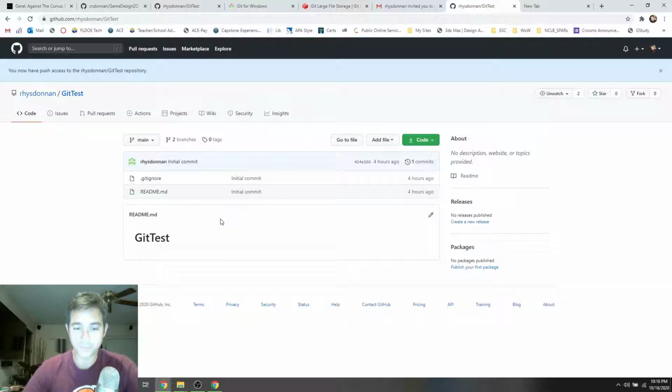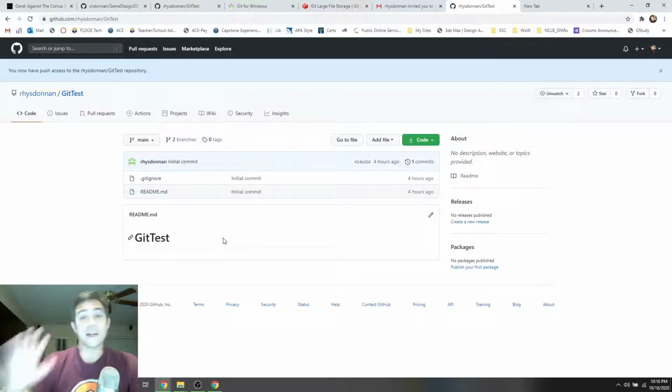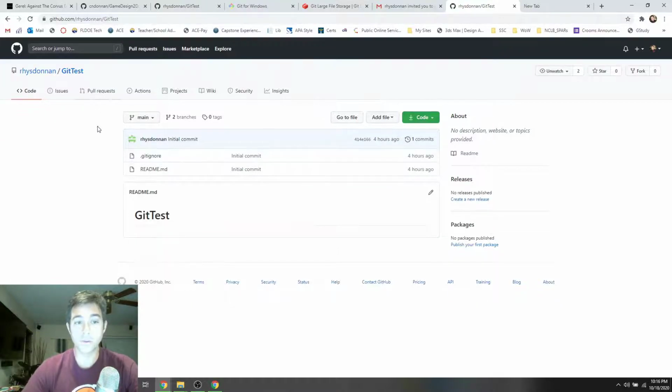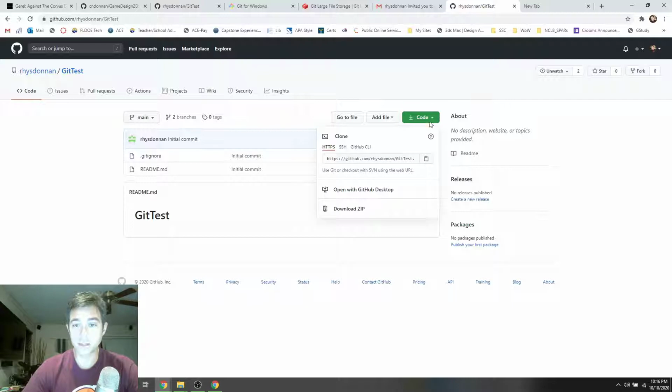Okay, so he created this on his account, so he has all of the repository on his own. I made it some sort of extra weird game. So from here, under code, this green button, I click on that. I'm going to copy this, and I'm going to open with